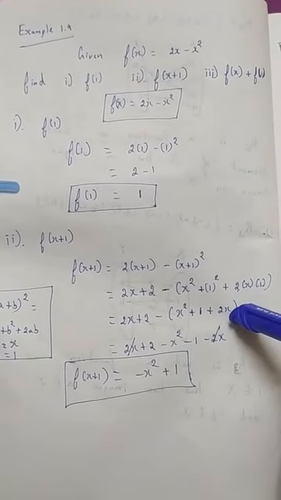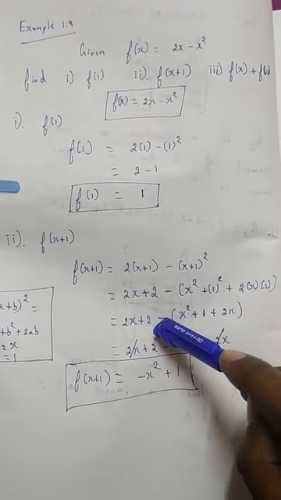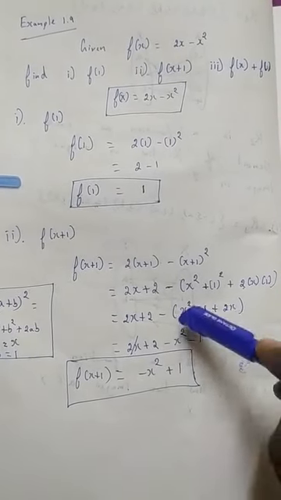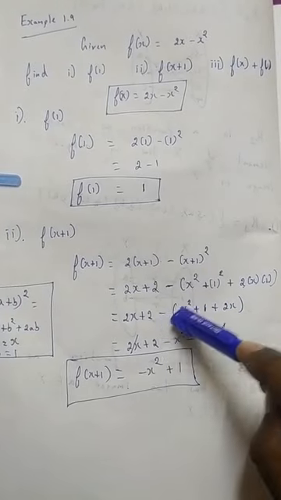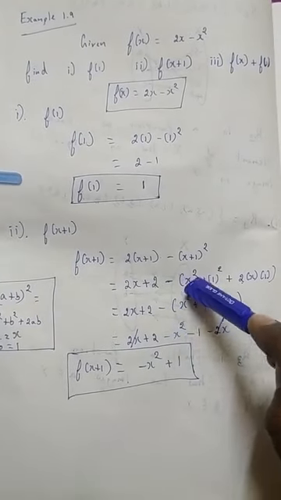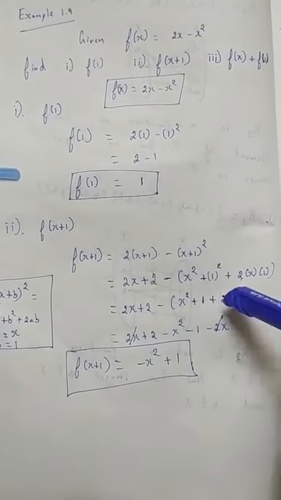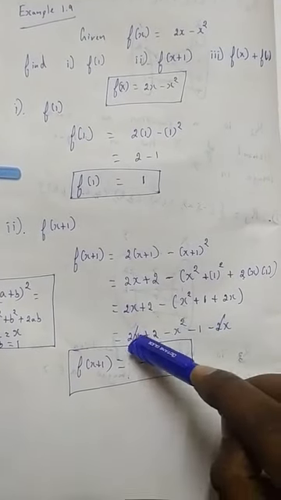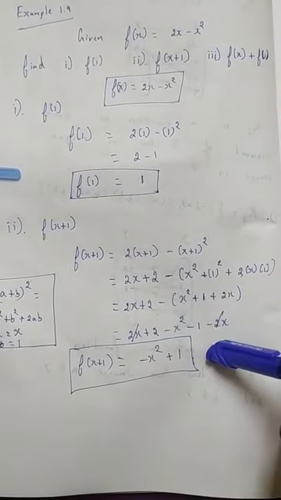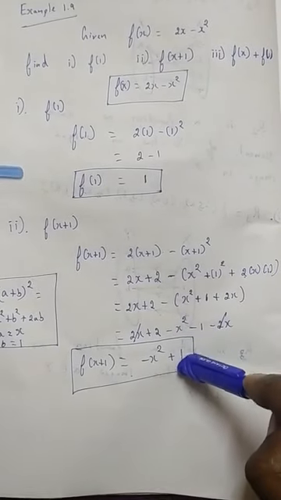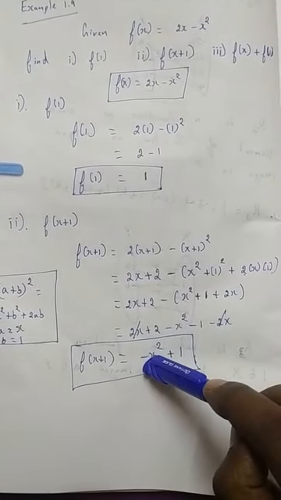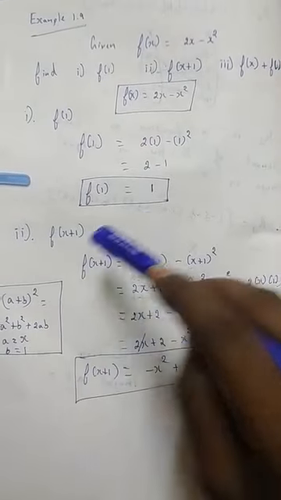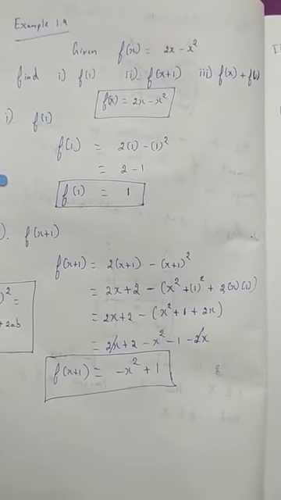is 2x, right? So this minus is common for all these elements, so I have to multiply this minus inside, so all the signs should change. So positive means negative: x square is positive, negative; positive, negative; and positive, it becomes negative. So now after this we have to simplify. 2x plus 2x and minus 2x get cancelled. 2 minus 1 is 1 plus 1, minus x square is here, so minus x square plus 1. So this is the answer for f of x plus 1, right?